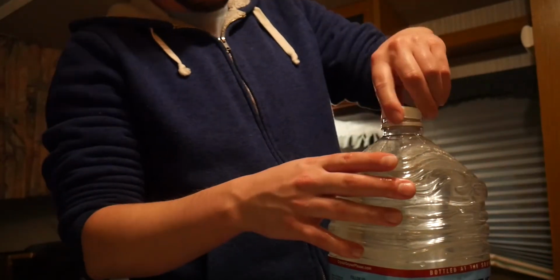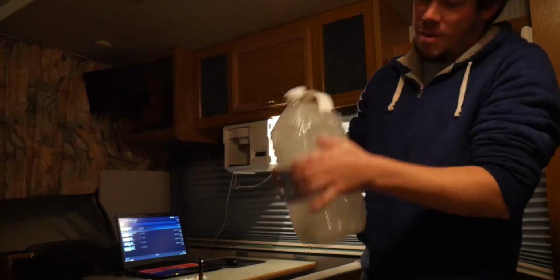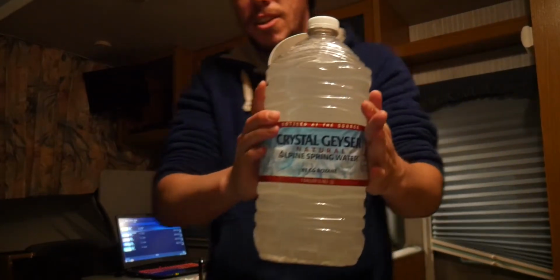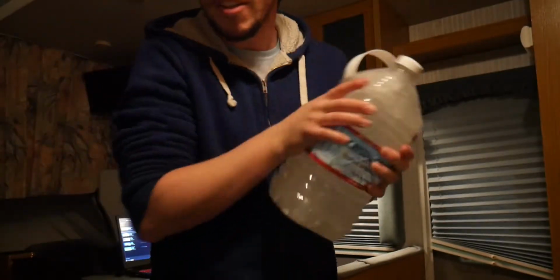Now I'm gonna screw this lid on. I'm gonna shake it. Shake the Happy Camper until it's completely dissolved, like completely dissolved. See, it's cloudy right now. You gotta just completely dissolve it, like literally, until it's clear like water. Not mixed in all the way. The things you gotta do, right? It's getting closer. Okay, now I'm gonna put the lid back on the Happy Camper because we don't have to deal with that anymore,